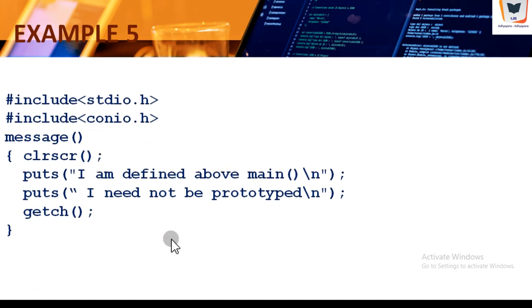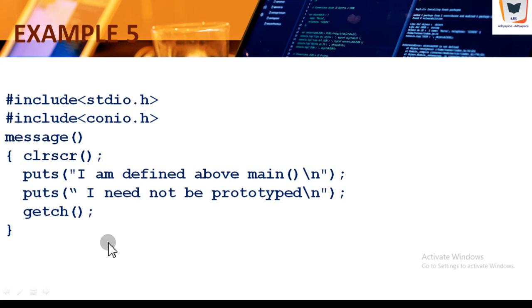This is altogether different kind of a function. It's once again non-returning function, non-receiving function, all right. And you can see function being written before main. The name of the function is message. Okay. It is not returning anything, that is also not mentioned, because we want to do what exactly